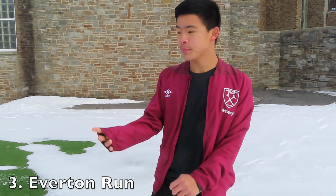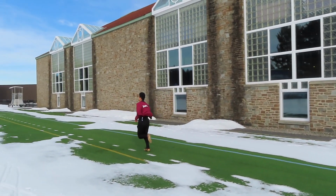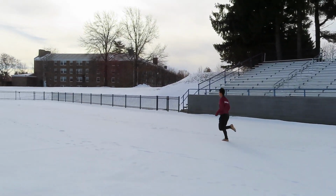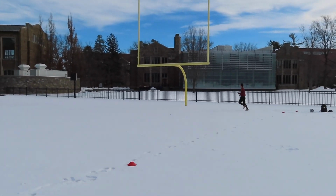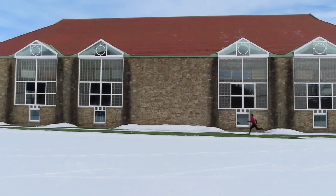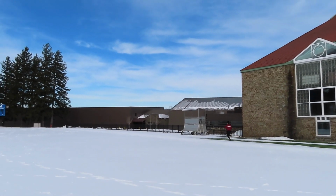One other soccer fitness test that we do at my college is the Everton Run, and the field is split up into 6 sections. I'm going to put it on the screen. But the first lap, you jog the whole thing, then you run 1 segment, jog 5 segments, then run 2 segments, jog 4 segments, and repeat until you get to the last lap, which is to sprint all 6 segments. Another fitness test very similar to the Everton Run is field segment runs. What you do is you sprint 1 segment, then you jog 1 segment, then you sprint 2 segments, jog 1 segment, all the way until you sprint 6 segments and jog 1 segment, and then you restart from just sprinting